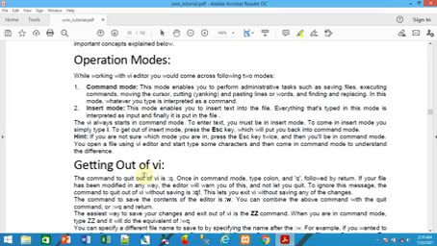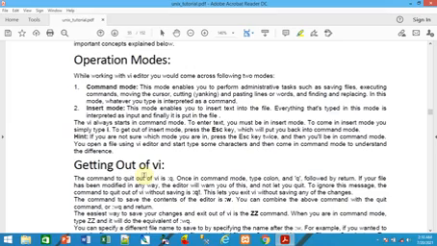This mode enables you to perform administrative tasks such as saving files, executing commands, moving the cursor from one place to another, cutting or yanking, pasting lines or words, and finding and replacing. All these administrative tasks can be done in command mode. In this mode, whatever you type is interpreted as a command.